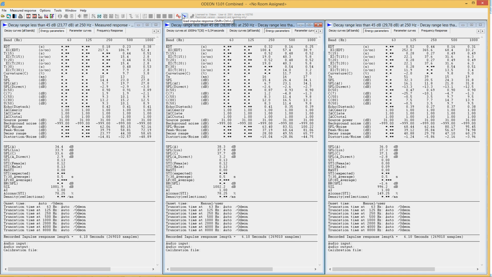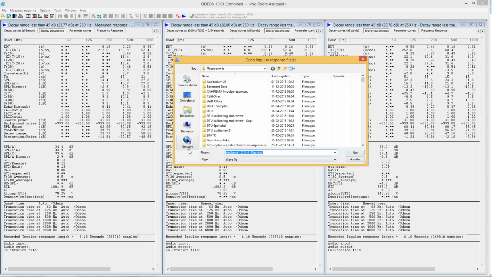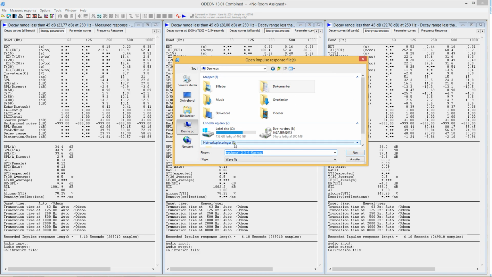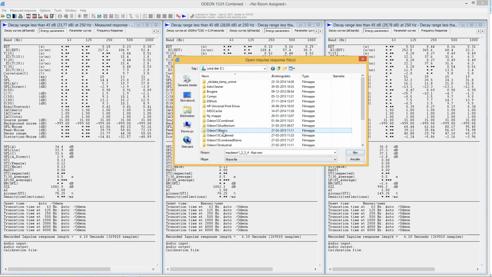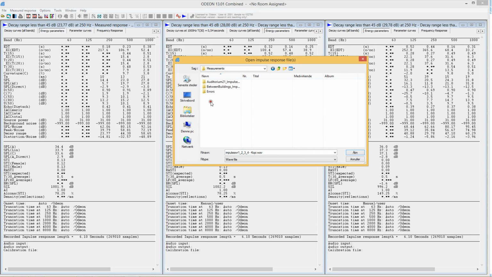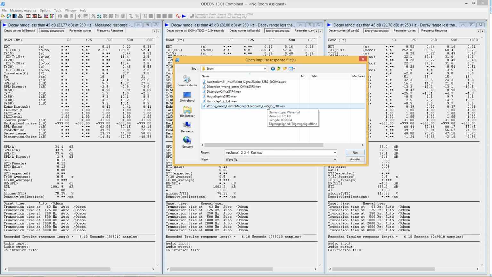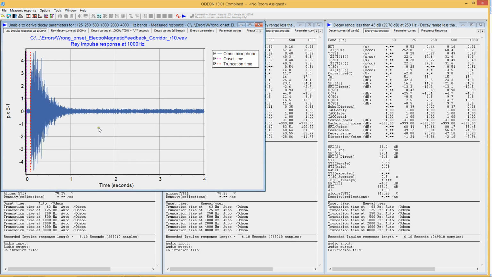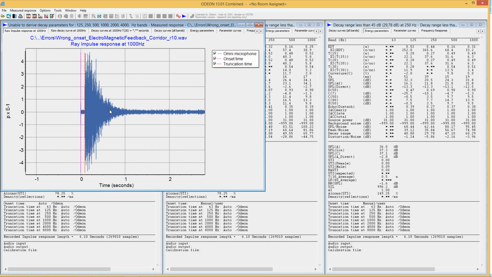series of hand claps. What I could also show is one of the pre-installed examples we have with ODEON. So here in my measurement folder, if we take this error, that's a typical example where we get wrong onset time detection by ODEON, and that is when there is what we call magnetic feedback.